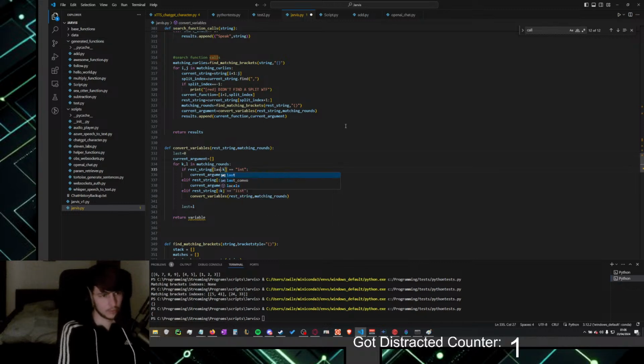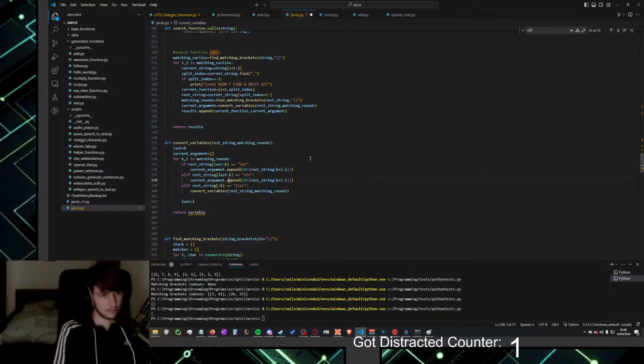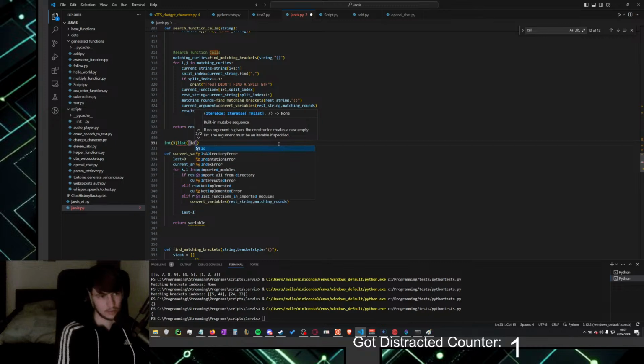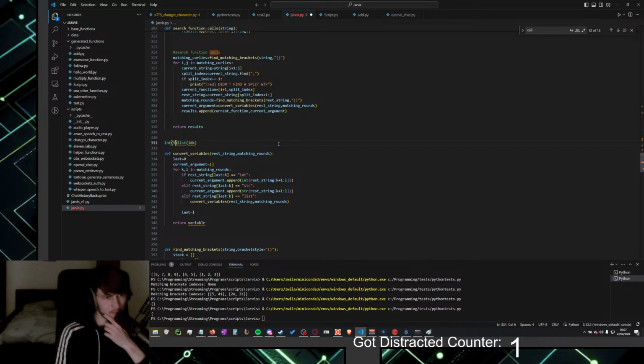And then we have to go last to K. And then we would have to hope that there is nothing in between, like if the string is then like int 5 list, idk, or like actually that shouldn't be that bracket. We then have to hope that there is not like a space in between them or anything, which again is something I can tell ChatGPT, but it will eventually ignore that and break things.